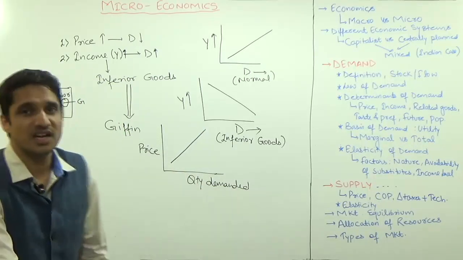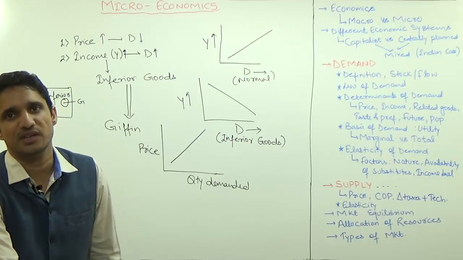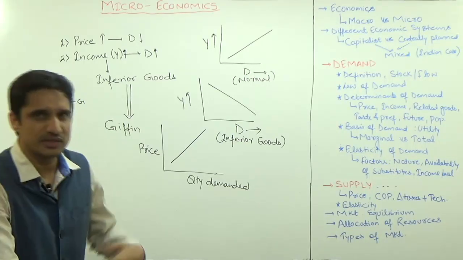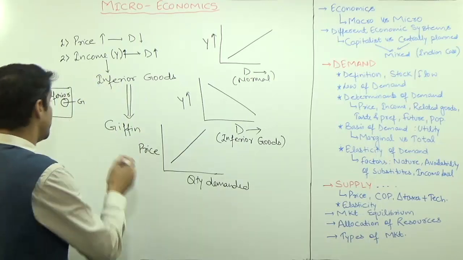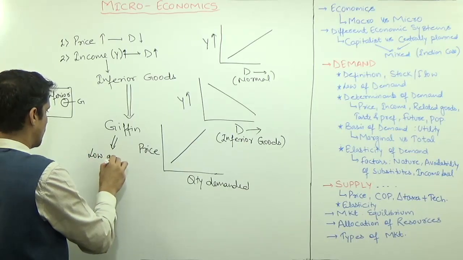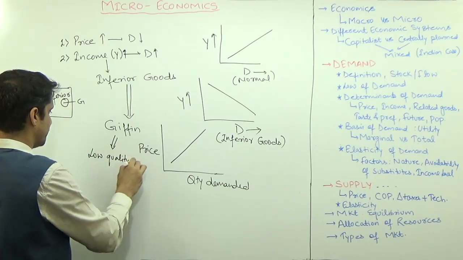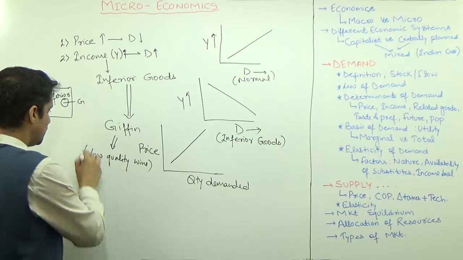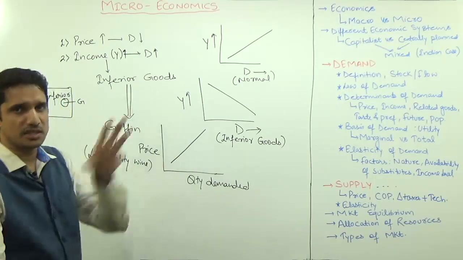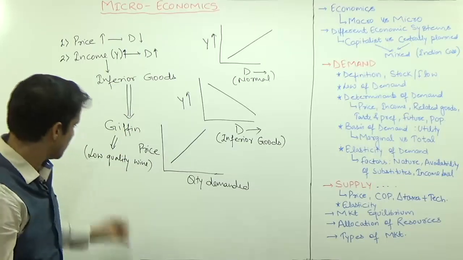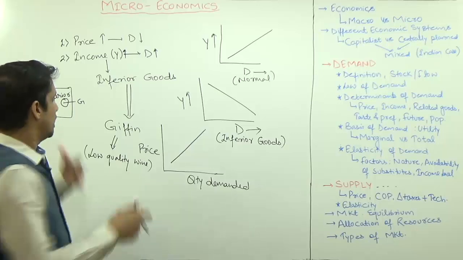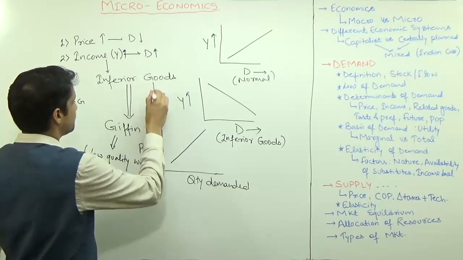The fortunate or unfortunate thing is, Sir Robert Giffen didn't give any example of these goods. He just gave the concept, and his followers gave the examples. And low quality wine, they said. Although it depends, in India wine is a luxurious good, but in European countries where there is a lot of consumption of wine, low quality wine is regarded as an example of Giffen goods. And what are the examples of inferior goods?